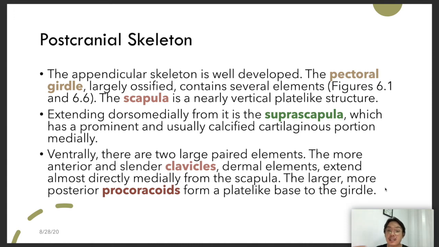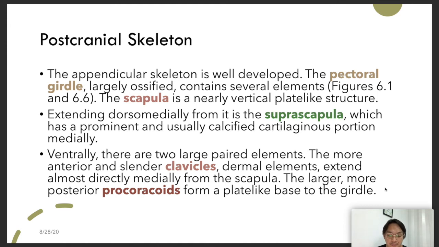The scapula is nearly a plate-like structure, so it's found at the back portion. Okay, it's like a wing for humans here. Back portion, the scapula. Extending dorsomedially from it is the suprascapula, which is a prominent and calcified cartilaginous portion medially. Ventrally, there are 2 paired elements, the more slender and anterior clavicles. Dermal elements extend directly medially from the scapula, and the larger, more posterior coracoids form a plate-like base to